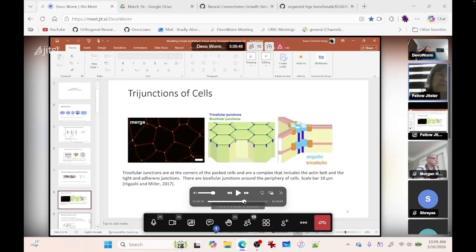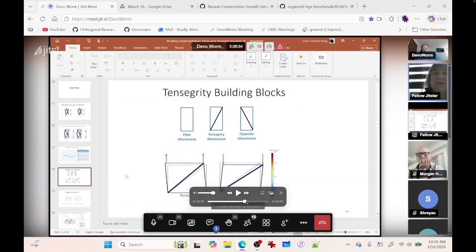We have these trijunctions, which are important, how the cells are organized in terms of how they meet together. So cells don't exist kind of in a vacuum, or they don't exist sort of independently. They're in this matrix, in contact with other cells, and then anchored to a substrate. And so this is kind of describing those anchor points and how they form this metageometry for the tissue. And the tensegrities, we think, would be in those structures.